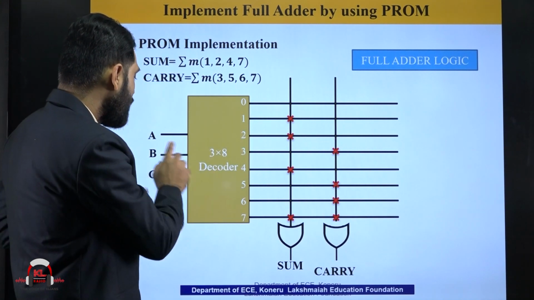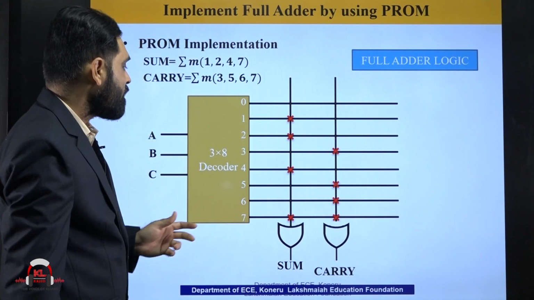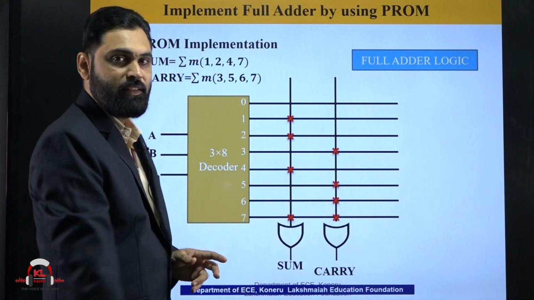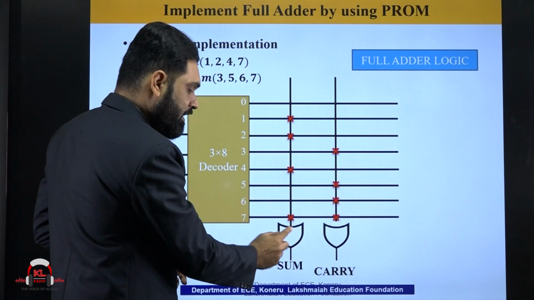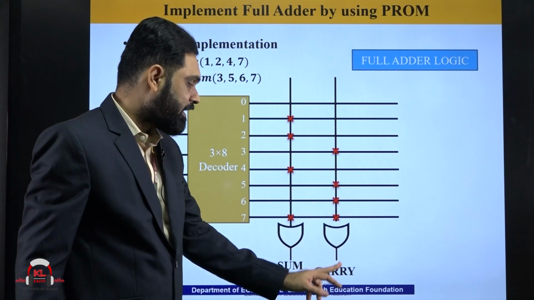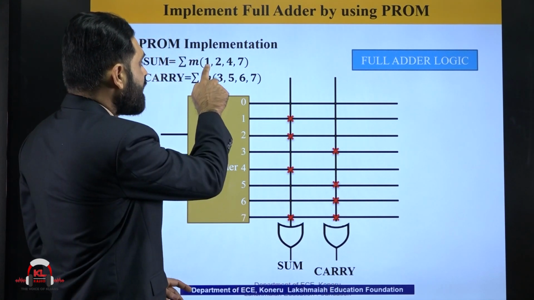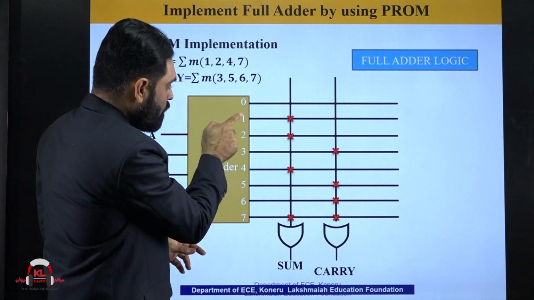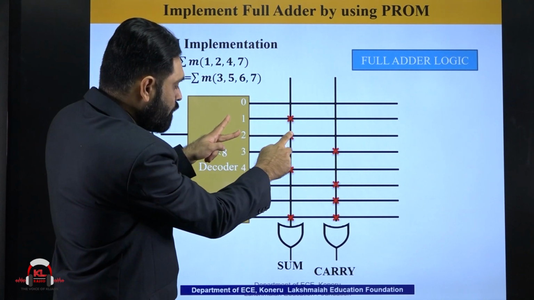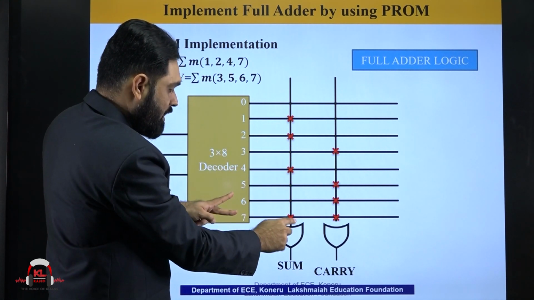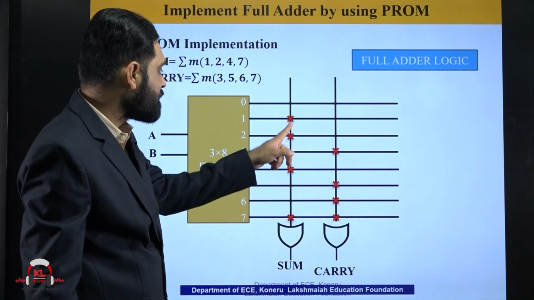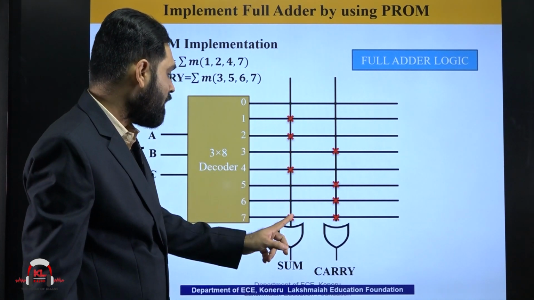So a 3:8 decoder is taken, with A, B, C as inputs, and 8 output lines. The first OR gate is producing output sum, the second OR gate is producing output carry. The sum OR gate is connected only to 1, 2, 4 and 7.